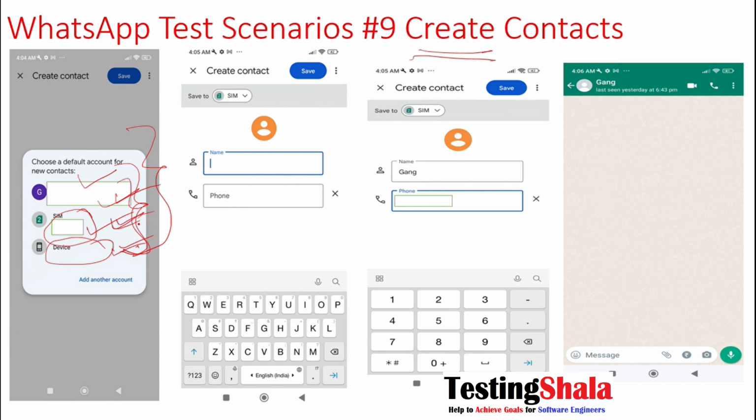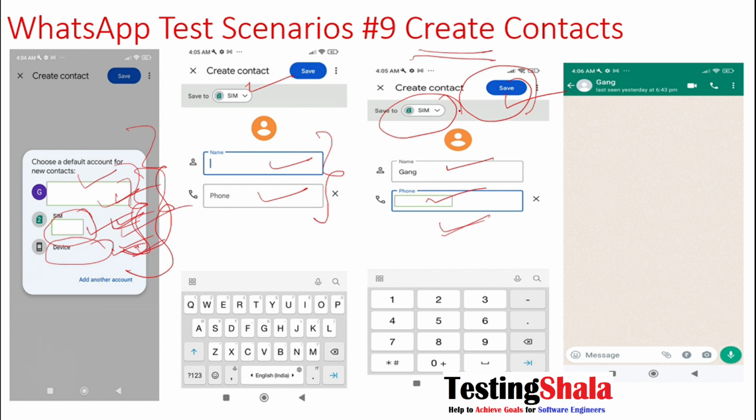So when I select any of these, let's say if I select SIM, then the created contact will get stored there. And creating a contact will have two pieces of information. One is name and a phone number. Those are the two pieces of information we have to fill in as part of creating a contact. Now I should be able to enter the name of the contact and the phone number itself. When we enter all this information, I can click on save. Now the created contact will get stored in the SIM,